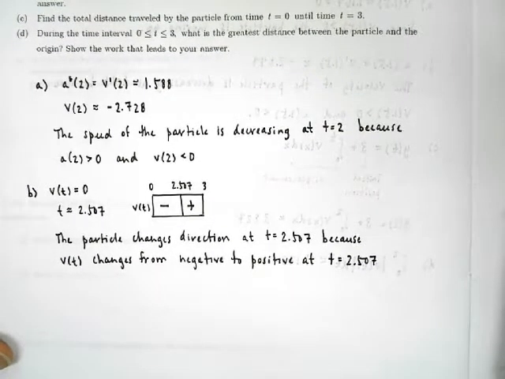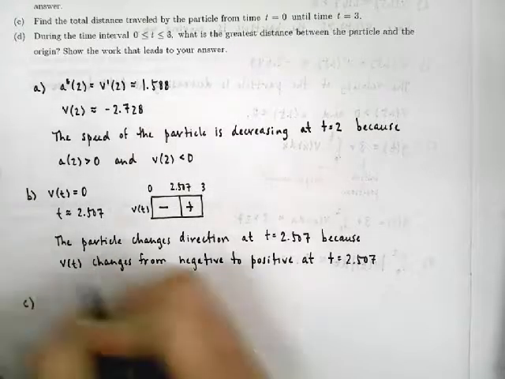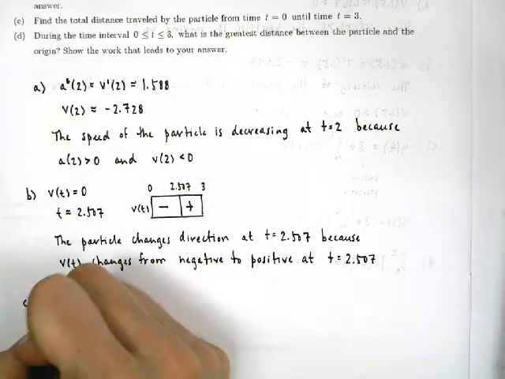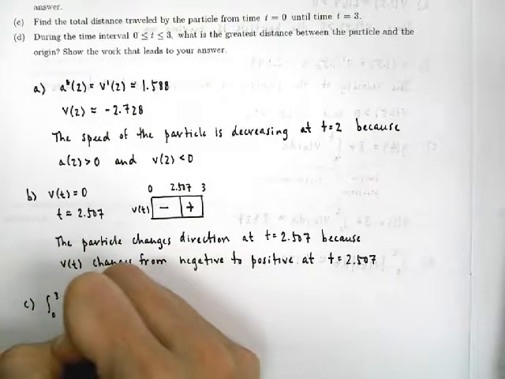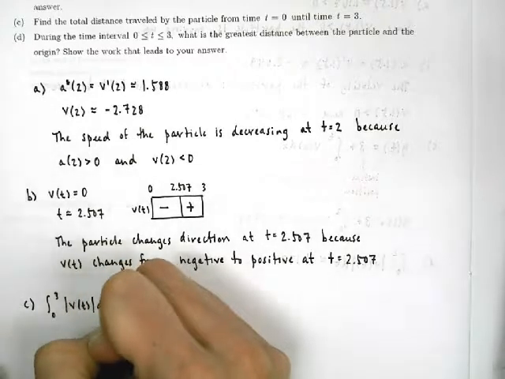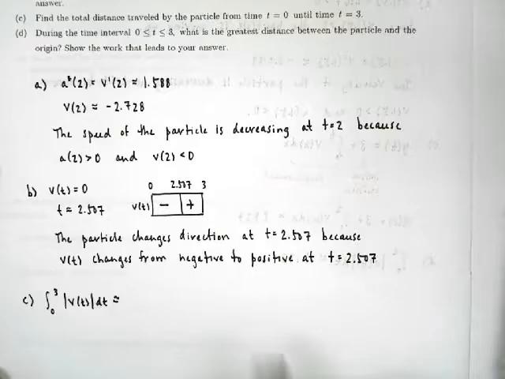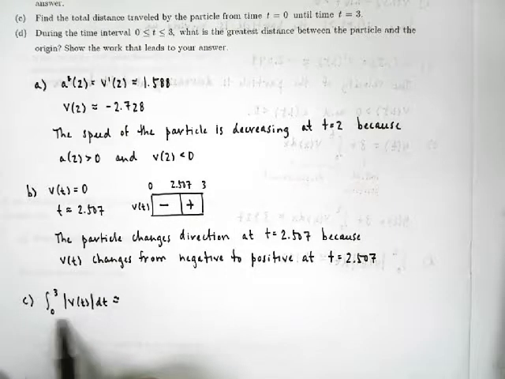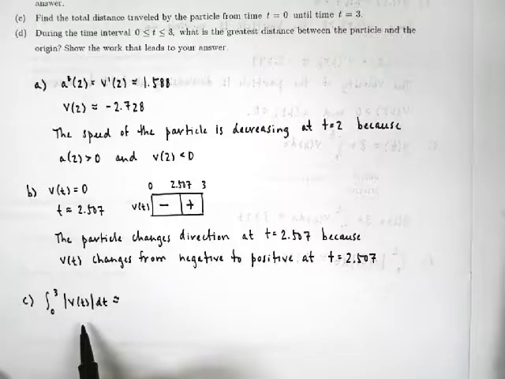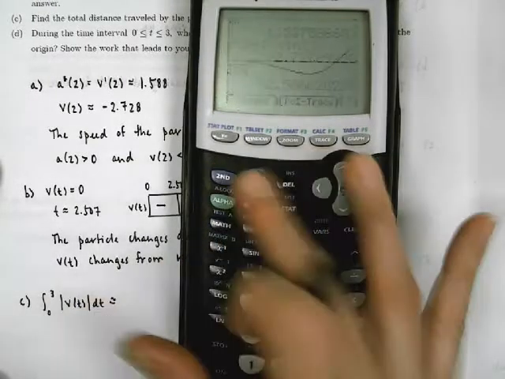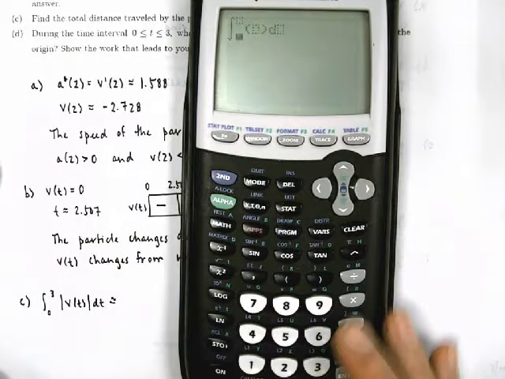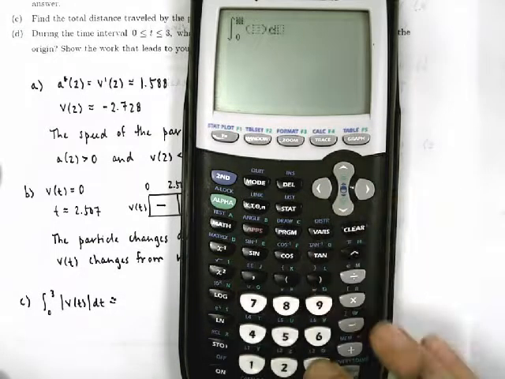Okay, so for part C, total distance traveled, this is a nice easy calculator question. We know that to find the total distance traveled, we're going to integrate the absolute value. So from 0 to 3, the absolute value of v of t dt. And again, for the AP test, I would always recommend writing this integral first. So don't just type it and put your answer there. They're going to want to see where did that answer come from. So always make sure you write down the integral first, and then you can put the answer that you get from the calculator. So we're going to do our integral from 0 to 3